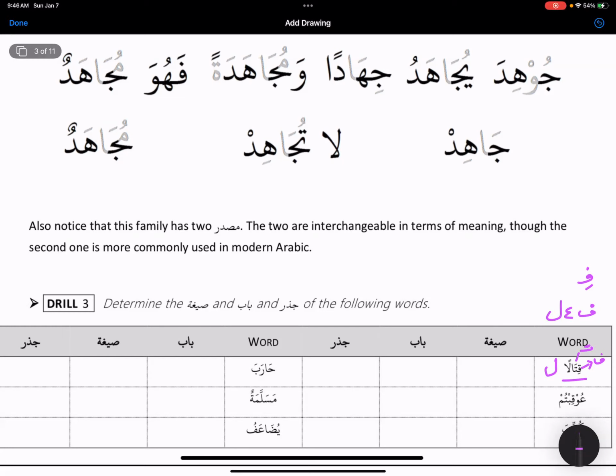So my fa kalima has kasra, and then my ain kalima has fatha. And after my ain kalima, what is there? Alif. So I need to add this alif, right? And then I have over here tanween. So now say it: fi'alan. So fi, a, and then lan. This is the wazan over here.